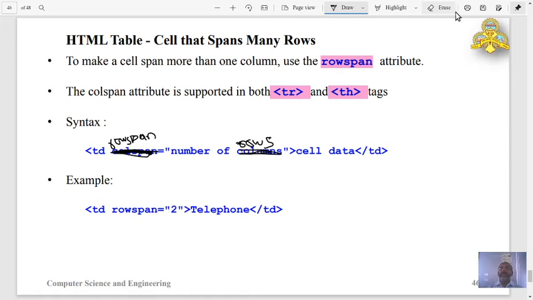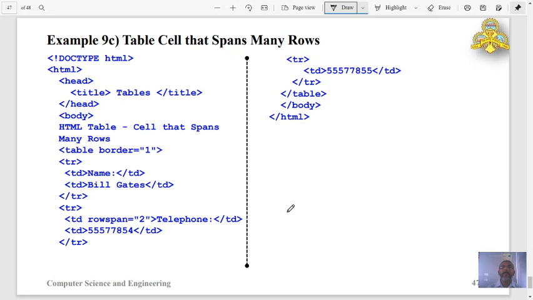So syntax is like this: td or th rowspan equals number of rows, cell data, end of the cell. So example here, td rowspan equals number of rows, and so here is the example code.